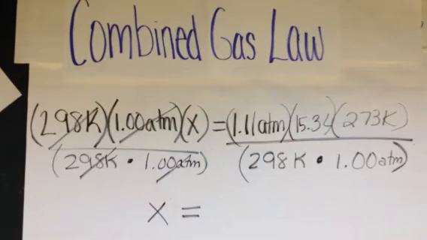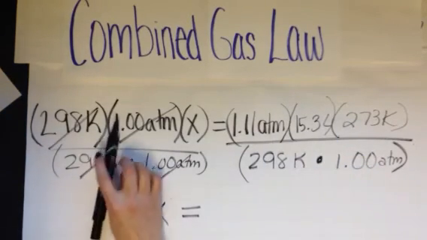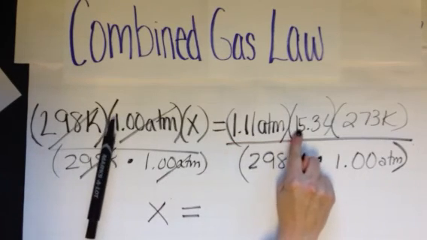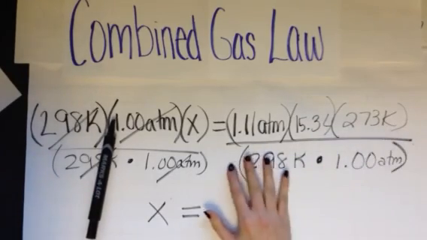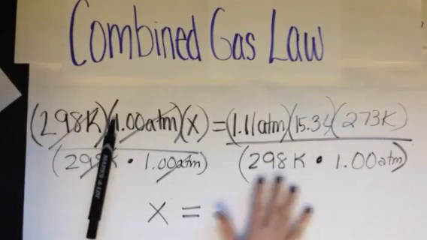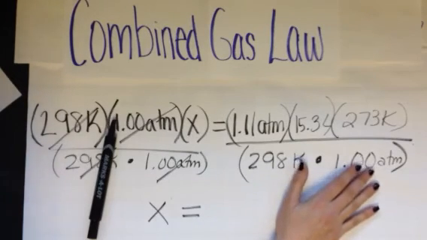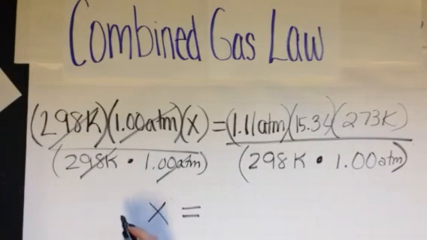Now, why did I do my algebra this way? Because I can put this all in my calculator in one shot and get one final answer that I round only at the end, and I do my sig figs only once at the end. That's the goal. So let's go ahead and try this right now. Pull out your calculator. The goal is you have to do 1.11 times 15.3 times 273 divided by, now put this whole thing in one big parentheses as seen here, 298 times 1 atm. Okay? When all is said and done, please follow along and try to do this. You should get